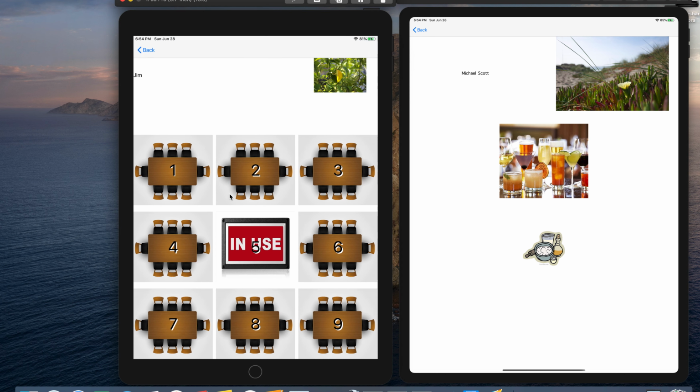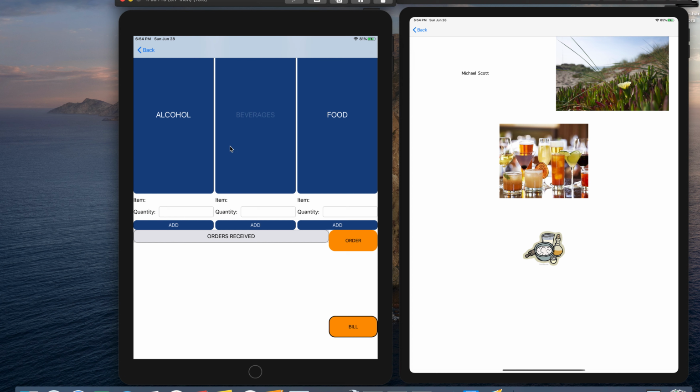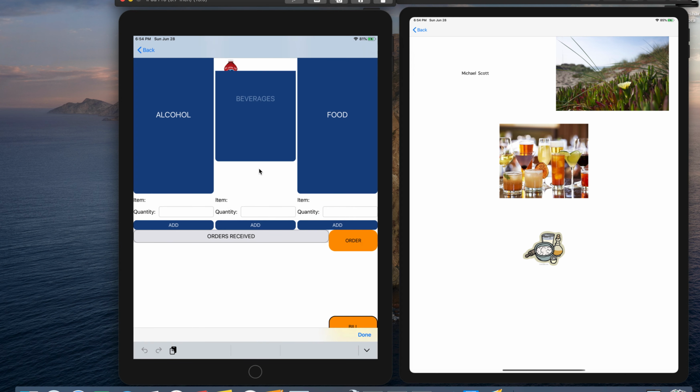Jim can easily leave that page, and you can see that table number 5, he can easily see that it's already being taken, so he cannot offer it to anyone else to go to that table. Let's go to one more, for example table 4. What I wanted to show here is that there is no possibility to take more than is available. So if we want to take,